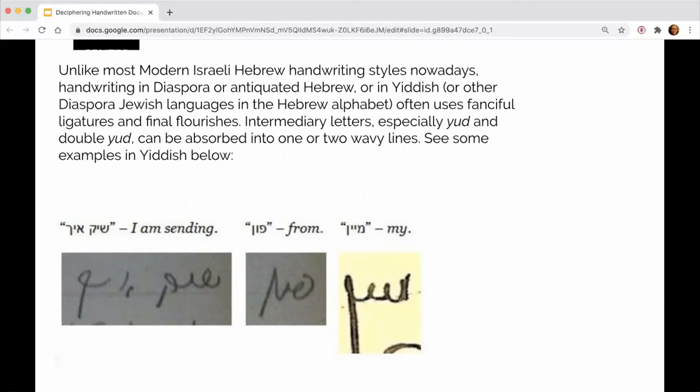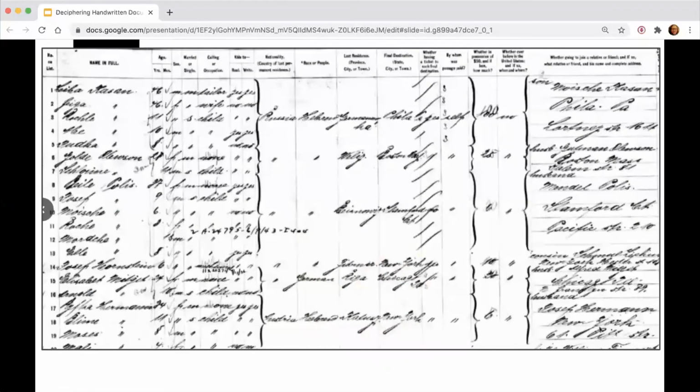You can see in the Hebrew alphabet the printed words on top and how much they get swirled together in the handwriting examples. Here's an example of a ship manifest that also demonstrates, even in English,